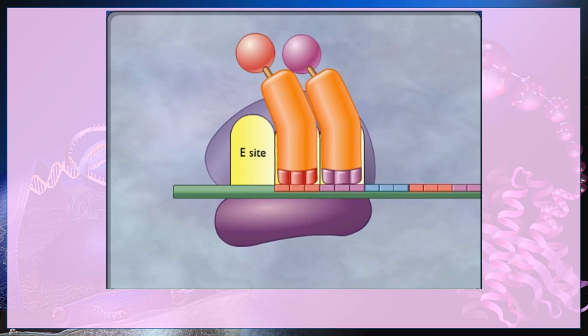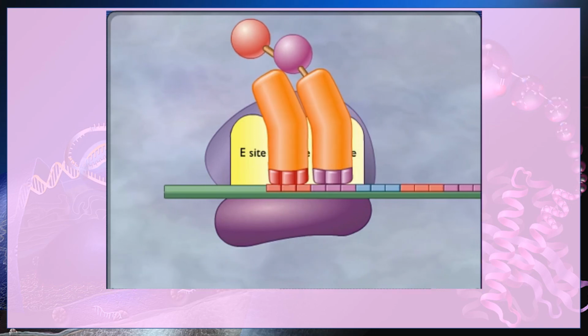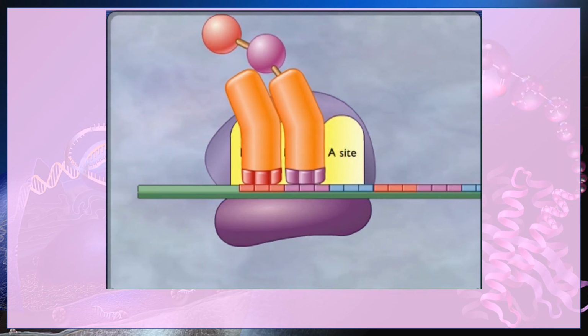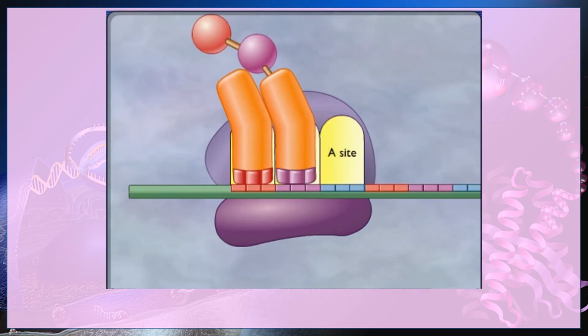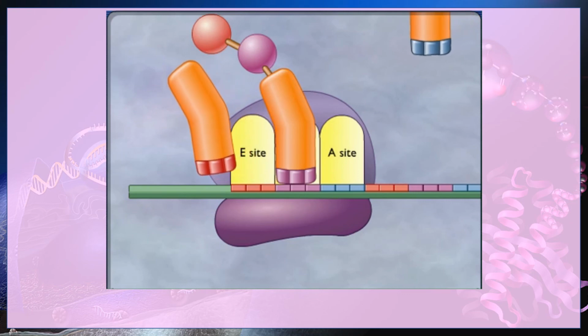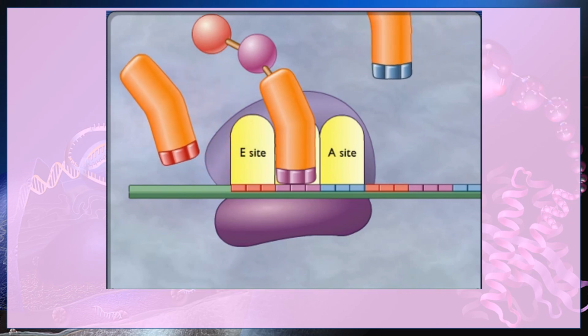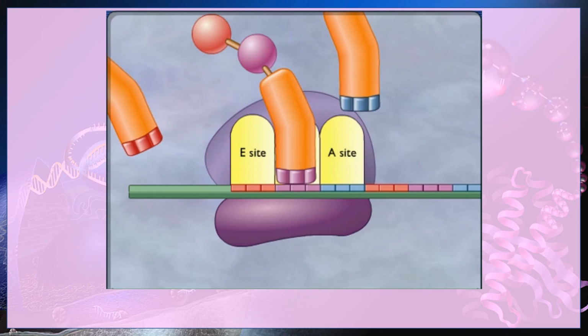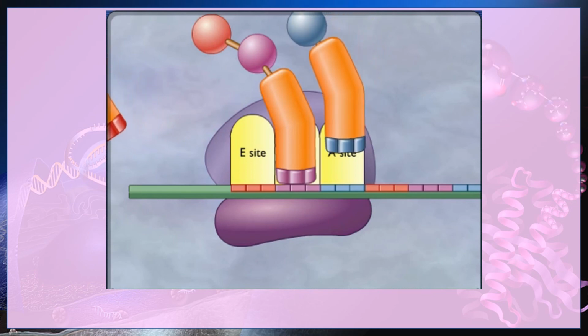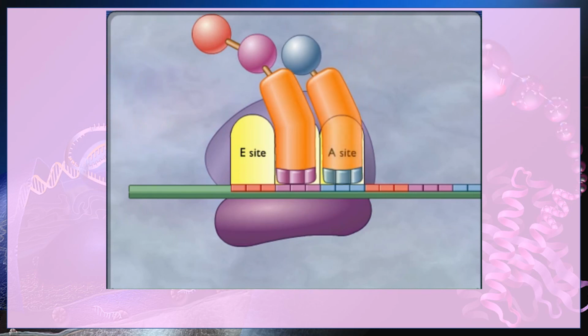The messenger RNA passes along the ribosome in short spurts of 3 nucleotides at a time. As this occurs, the initial transfer RNA is moved to the E site and its amino acid is transferred to the second amino acid at the P site. At the same time, a new codon is presented at the A site. The initiating transfer RNA, which now no longer carries an amino acid, leaves the E site and the next transfer RNA with a complementary anticodon enters the A site.